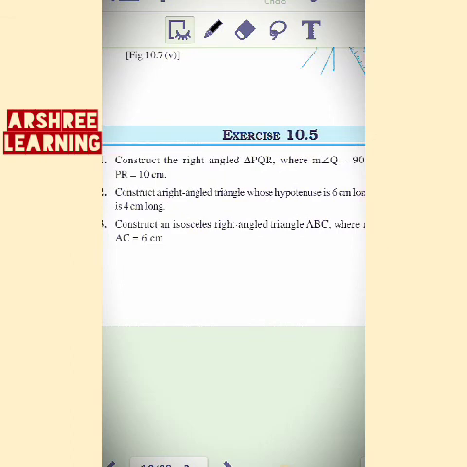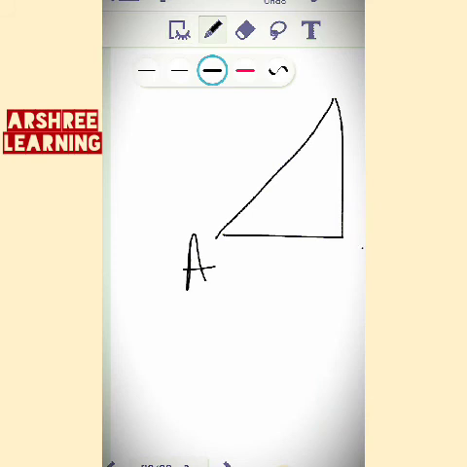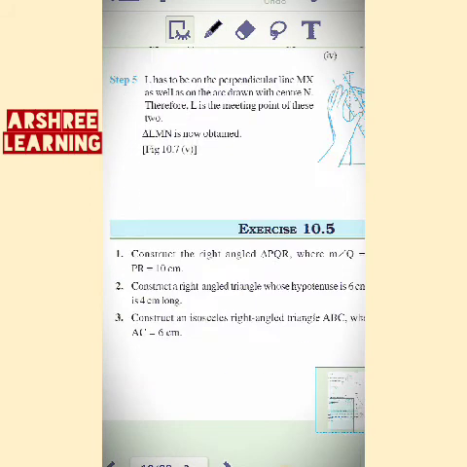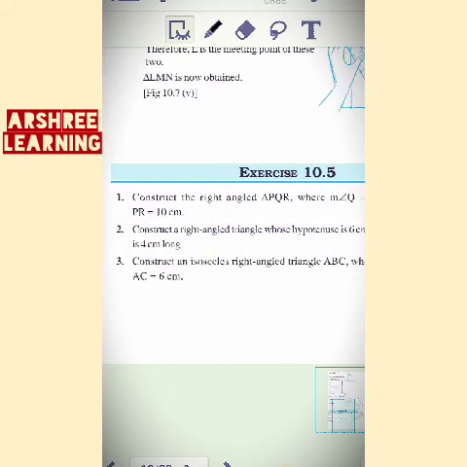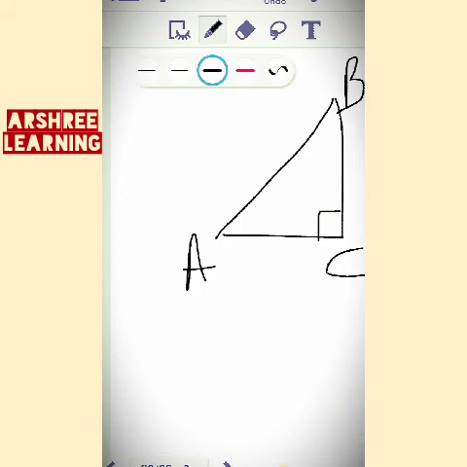So let's take AC as the base. A will be the base and angle C will be 90 and AC is equal to 6 centimeter. So only one thing is given here. So the figure will be made where AC is equal to 6 centimeter. So the figure construction is simple. You will first make the length AC. First draw the length AC. From the rough figure it is clear. First you will draw AC equal to 6 centimeter.